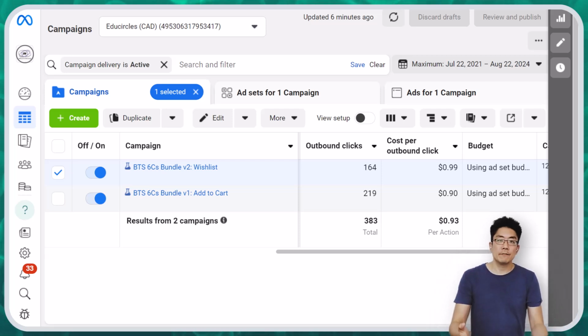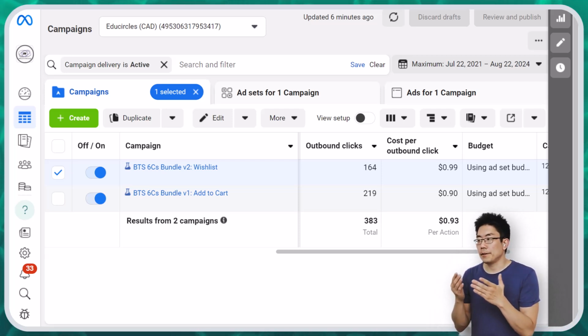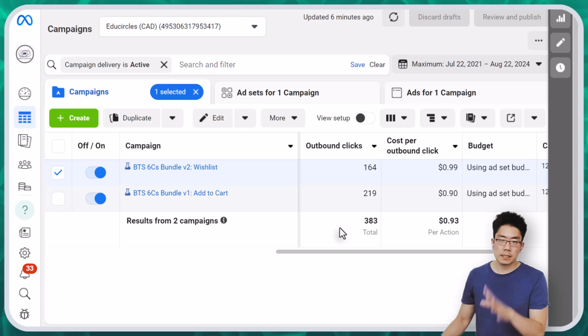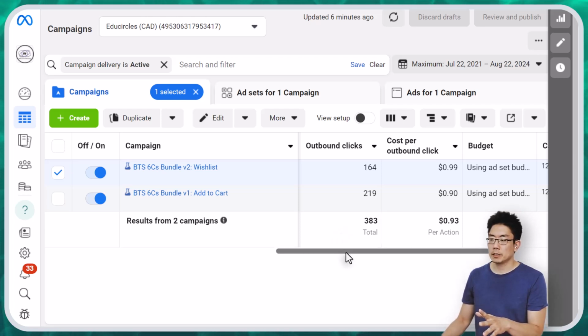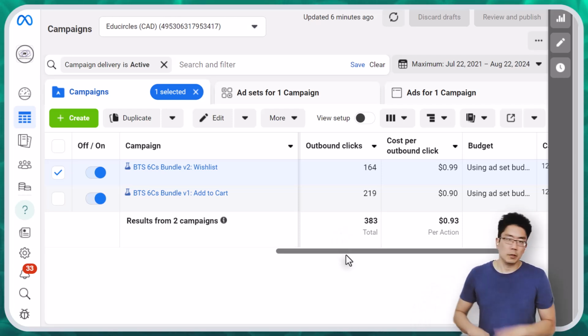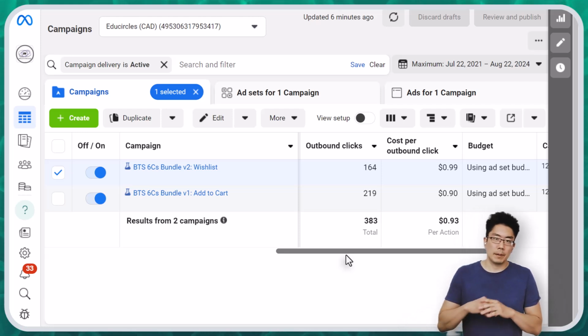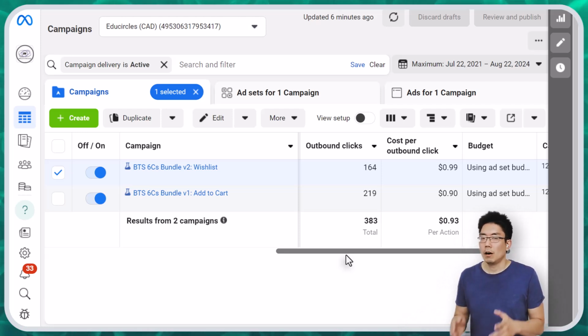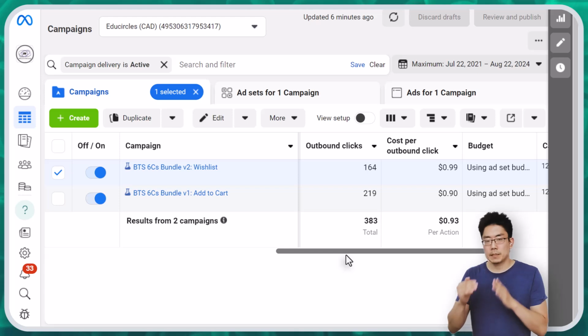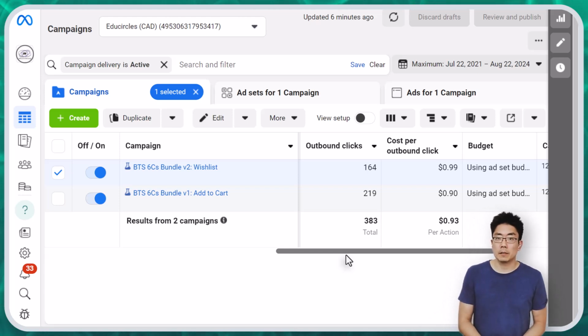So here are the different stages of the Facebook ad funnel. And I've customized my Facebook ad manager to show the numbers that I care about. I don't care about impressions. I don't care about likes or activity. All I care about are steps in the funnel. So the first step of the funnel,